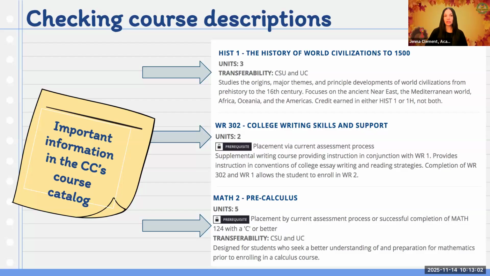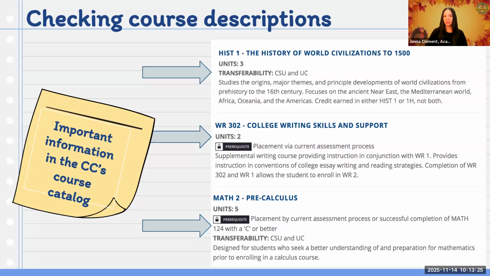The next thing you're going to see is transferability. This one specifically says that it transfers to the CSU and UC. That's the Cal State Universities and the University of California. This is an important indicator if you're thinking that your learner might eventually go to a Cal State or UC. This tells you right there that this class will transfer and will eventually count towards a bachelor's degree at a